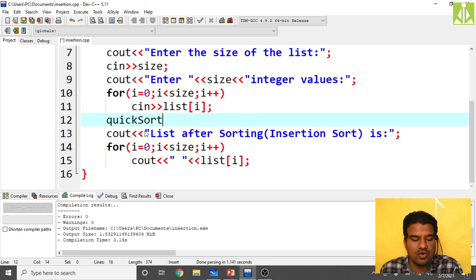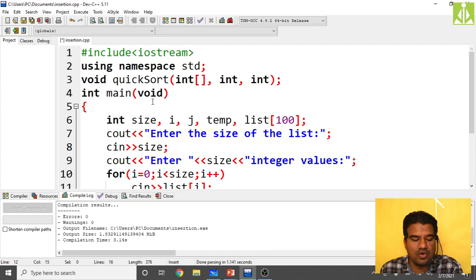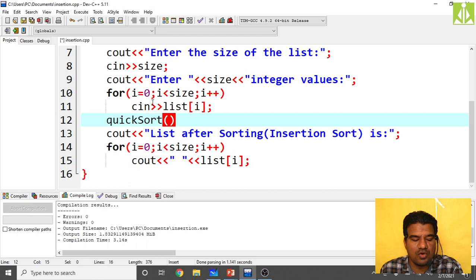Quick sort of, I think some mistake is there in the name. Quick sort. Quick sort of, pass the list, comma 0, comma size minus 1, and put the semicolon at the end. Only this much, and then print.